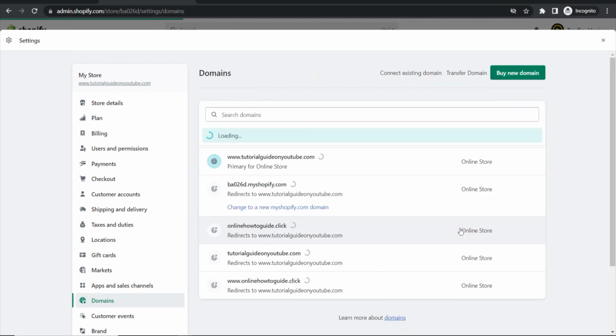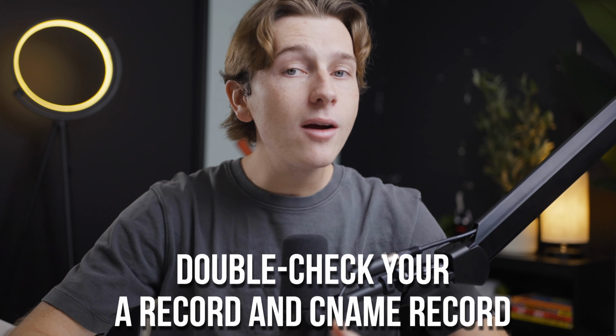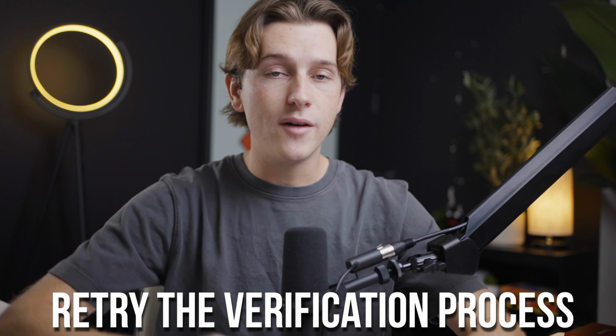If all is well, you'll see a confirmation that your domain has been connected successfully. If verification does fail, don't panic. This usually happens because the DNS settings haven't propagated yet, or because there's a typo in one of the DNS records. Double check your A record and CNAME record to ensure that they're correctly entered and retry the verification process